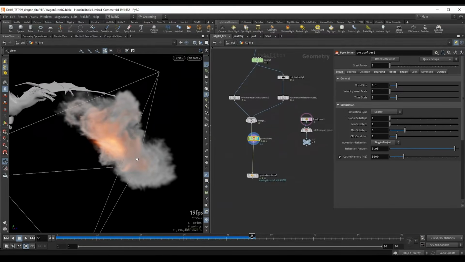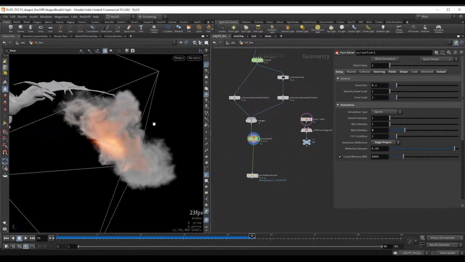So we can simply sample the SDF and say that if your value is greater than 0, this will mean that you are outside of the SDF. If this value is greater than 0, we will go ahead and force all of the fields, so the burn, temperature and density, to 0. This will get rid of them and we will no longer have to simulate anything there.